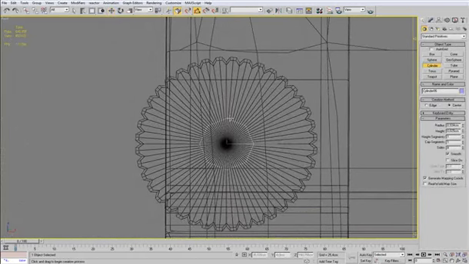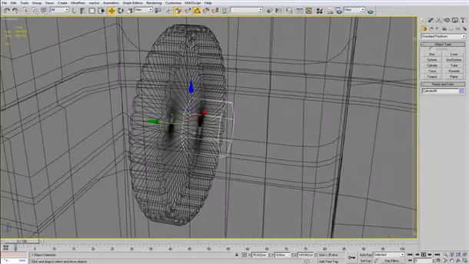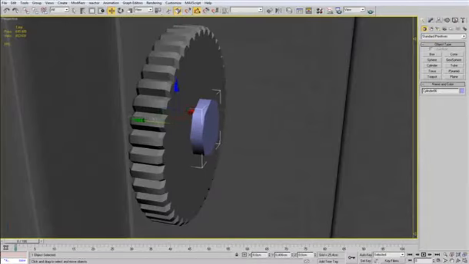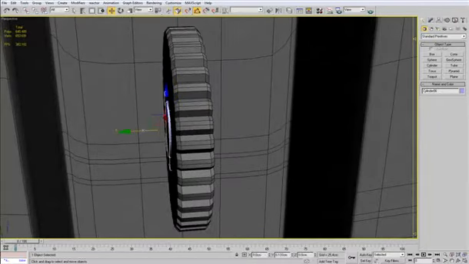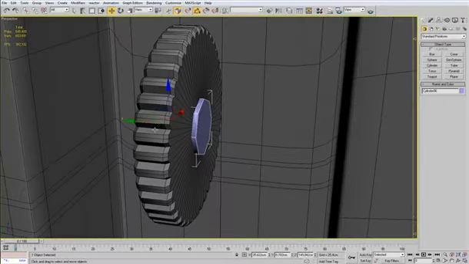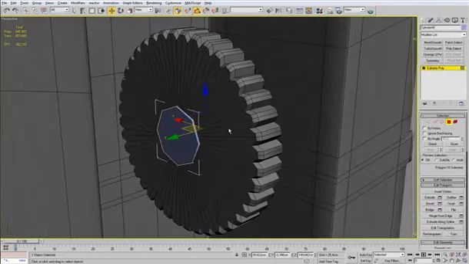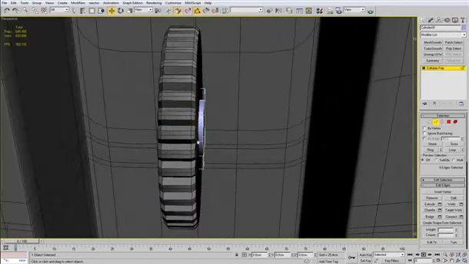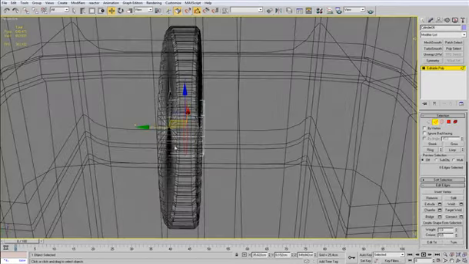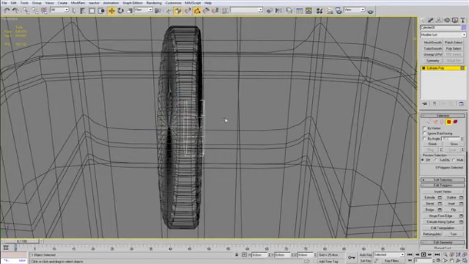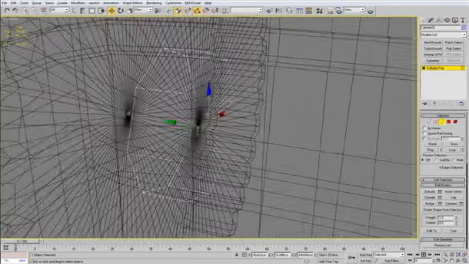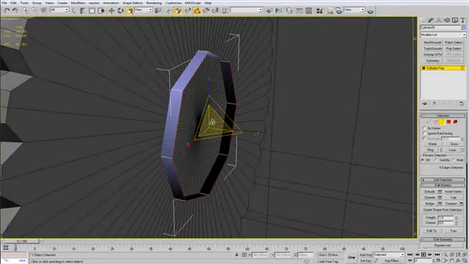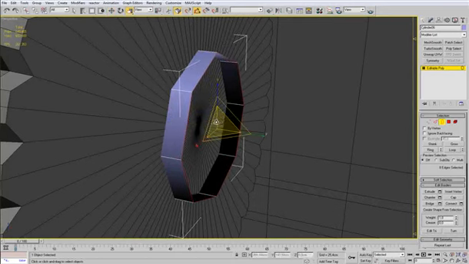So now I'm just going to make a cylinder in the middle, which will be the purpose of this cylinder will be to hold the gear into place. As you know, the gear cannot stand in the air by itself, so this will be kind of a support for this gear,